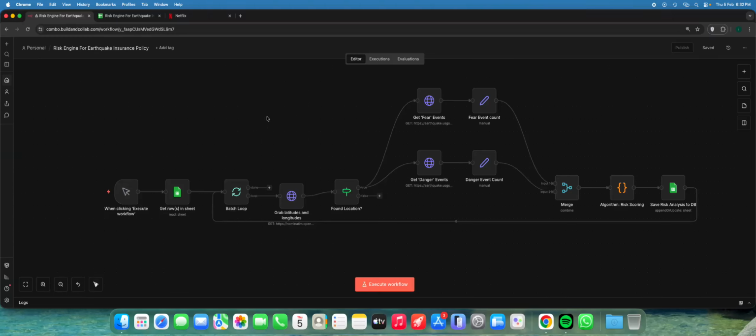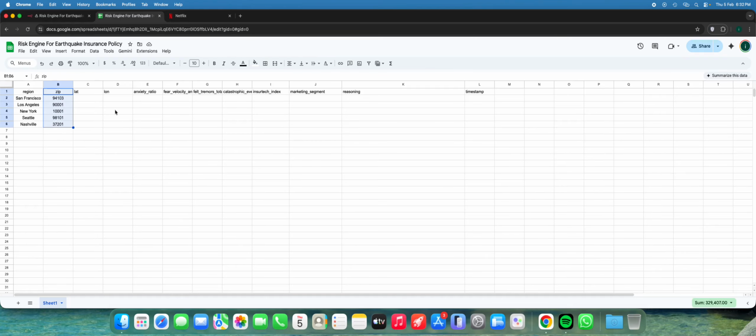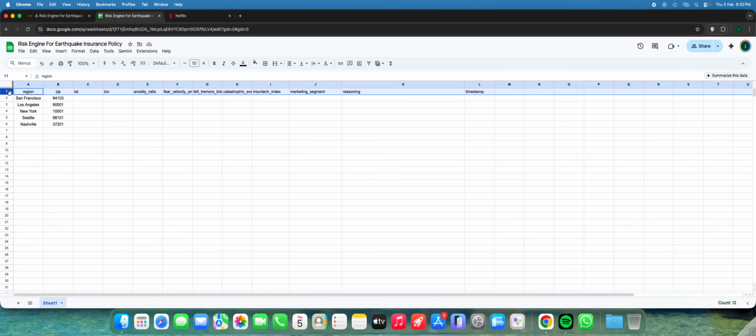I built this n8n based risk assessment engine for US insurance companies that provides earthquake-based property coverages. The system reads target zip codes from a Google Sheet over here, and just keep a note of these fields